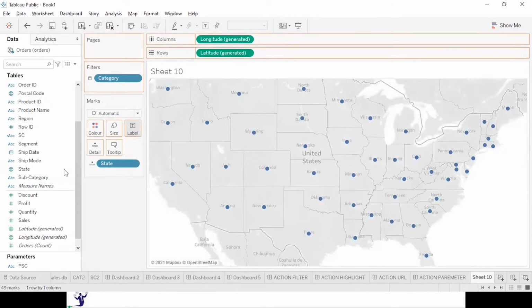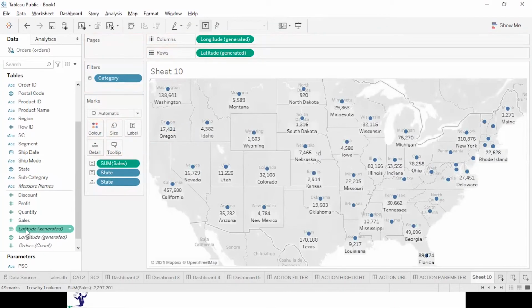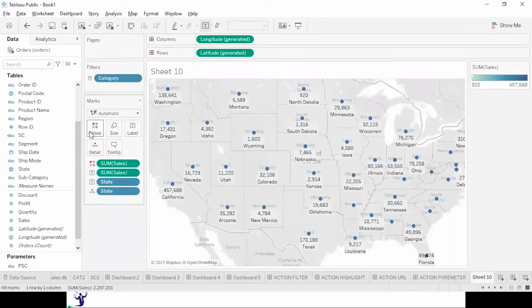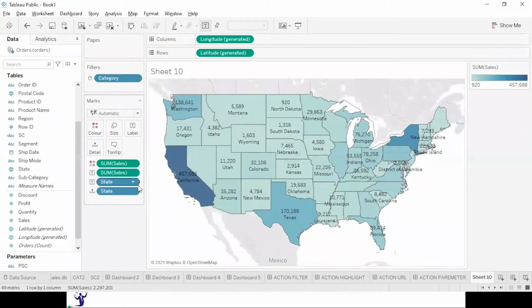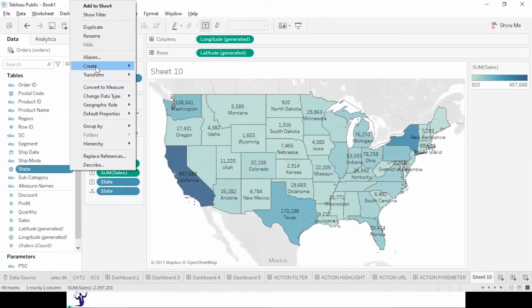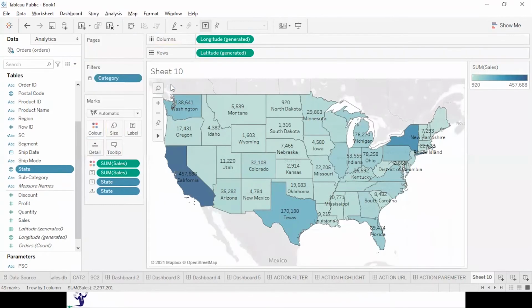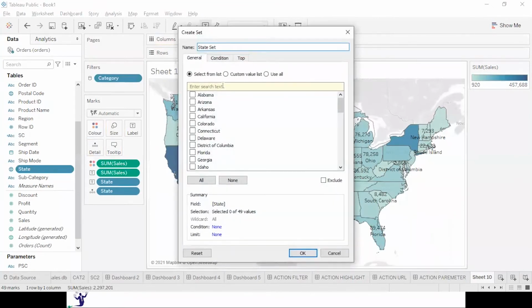As we are talking about the set action, we have to create a set over here, and I am taking all.